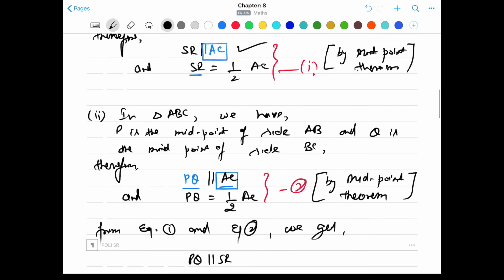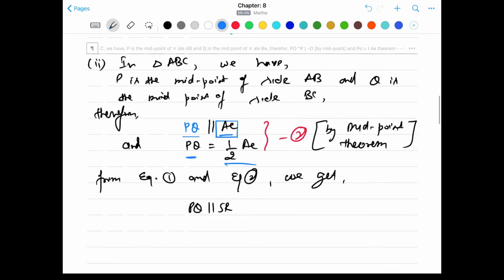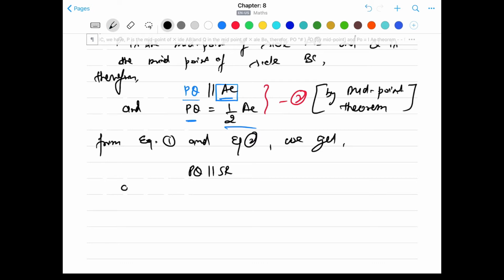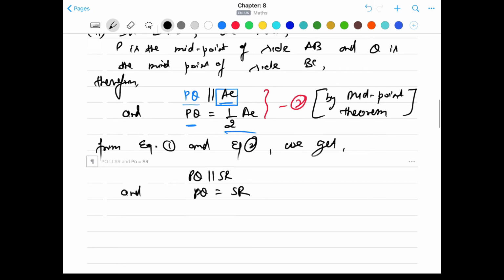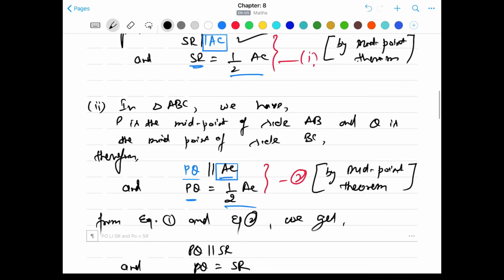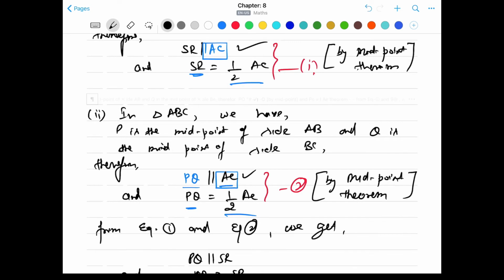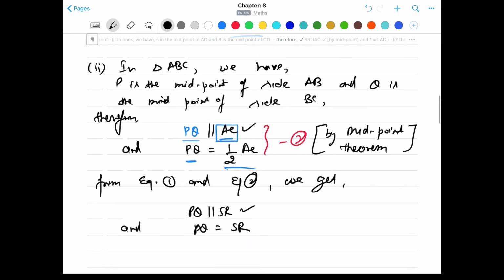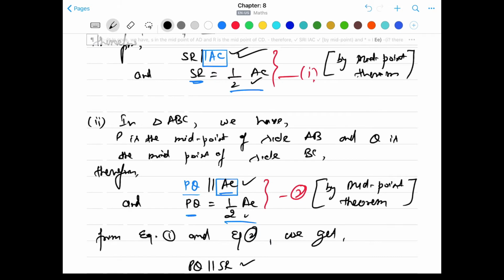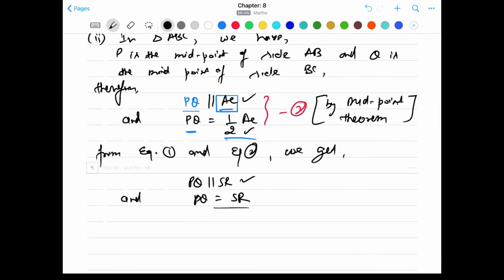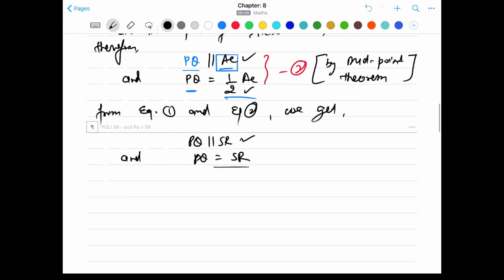Also you can see that SR is half of AC. Similarly PQ is half of AC. So both are equal to half of AC. That means PQ and SR are also equal, PQ is equal to SR. So from equation 1 and 2, both SR and PQ are parallel to AC, so they are parallel to each other, and both are equal to half of AC, so they are also equal. Hence, PQRS is